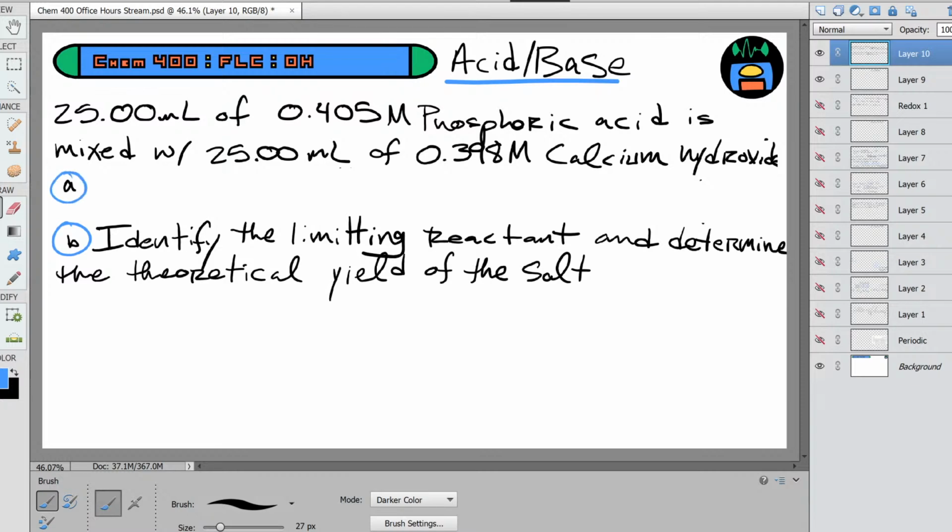I messed up my part A. Part A is write a balanced chemical equation for this reaction. Part B is identifying the limiting reactant and the theoretical yield of the salt. Part C is